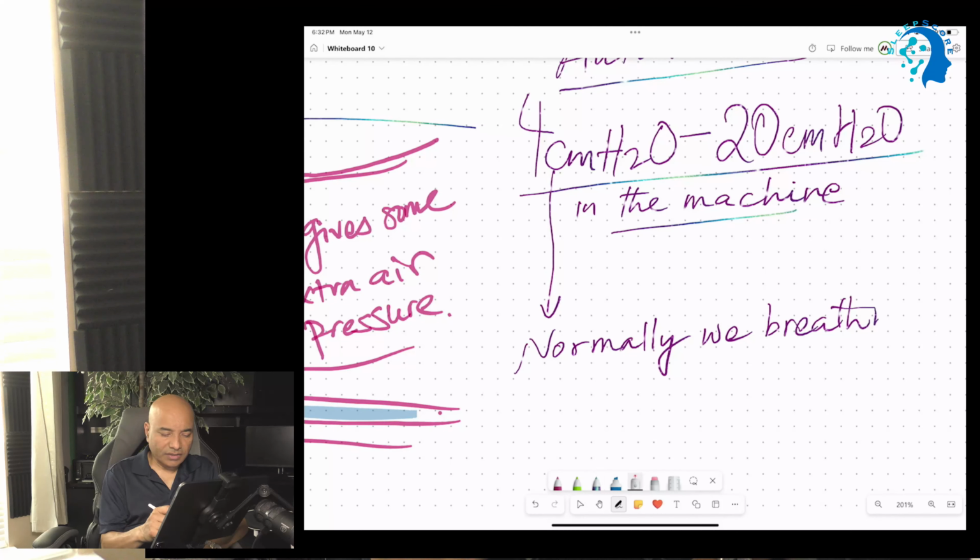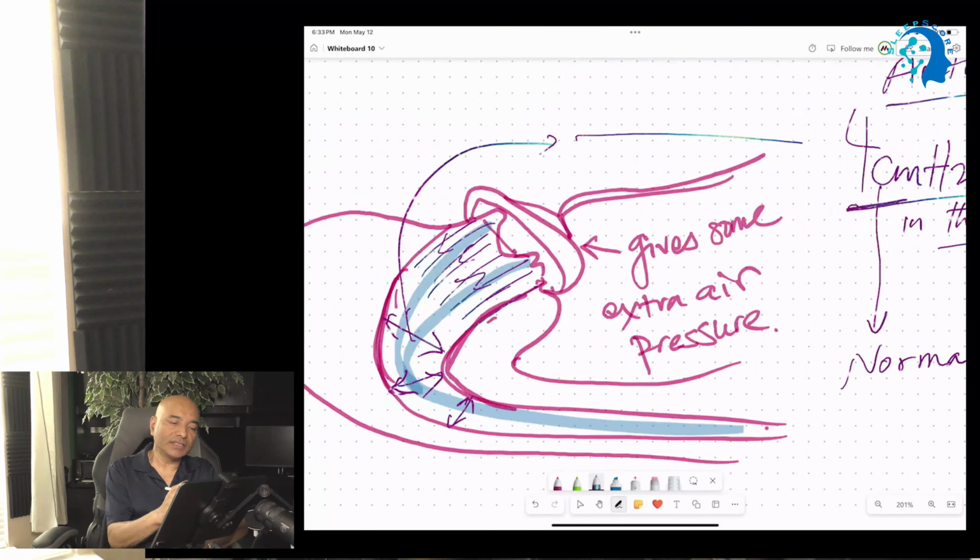This pressure is the pressure we breathe in. Like right now we are breathing in, so that pressure is normally 4. When we sleep at night, we breathe in and out with pressure 4. But that is not enough for people who have sleep apnea. We need more pressure. So with the help of this CPAP machine,